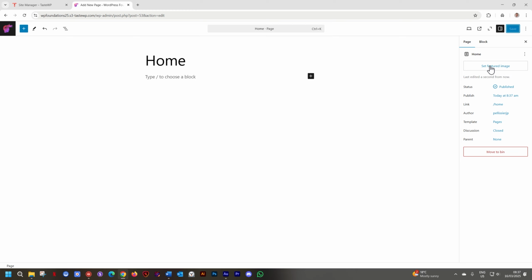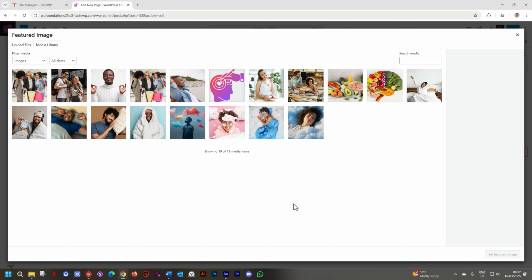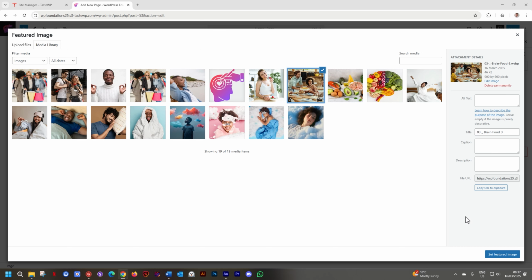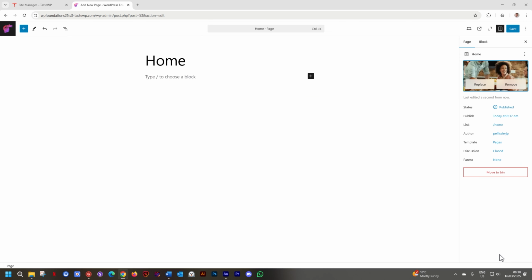If you don't put a featured image here, and you share this page to Facebook or someone shares it in WhatsApp, it's going to grab any image from your page, and it may not be the image that represents your website the best. So setting the featured image is very important. I'll grab any featured image here like this, and I'll set my featured image. And this is now the image that will appear whenever this page is shared. You're not going to see this appear anywhere on your site at all, but that is there.